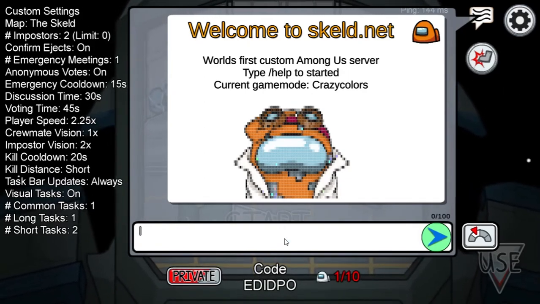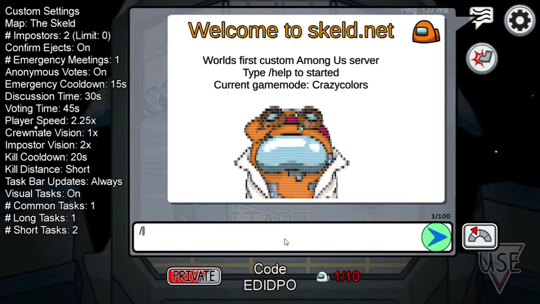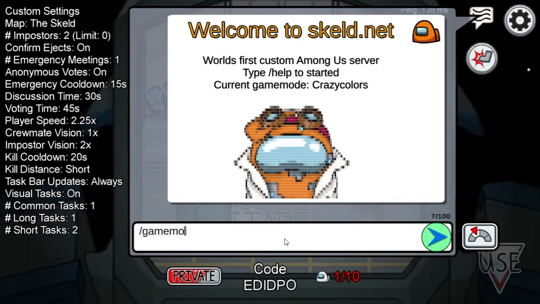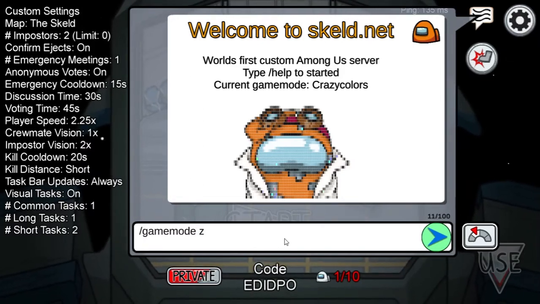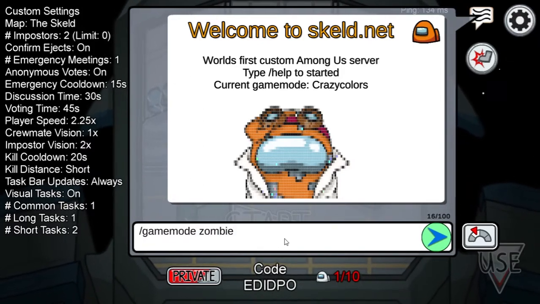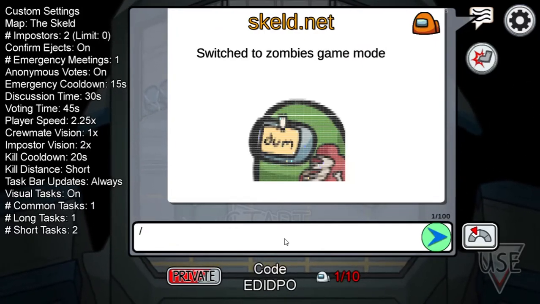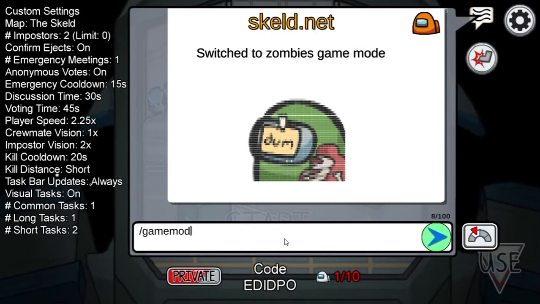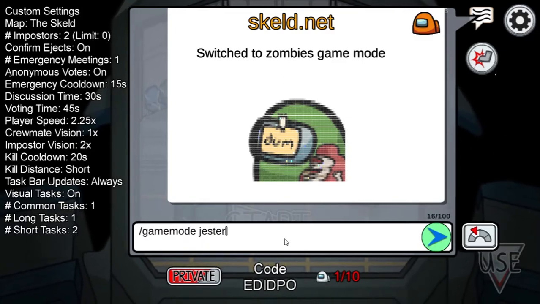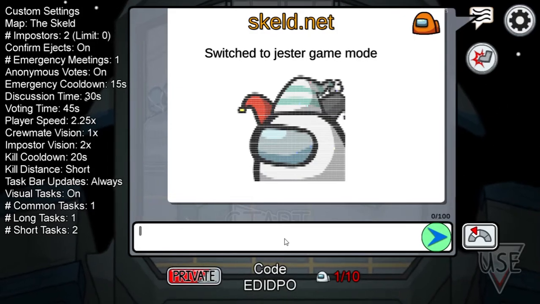Now let's type /gamemode. This is crazy colors, but let's try zombie. Yeah, this is zombies mode. Now let's try another. So this is gesture.